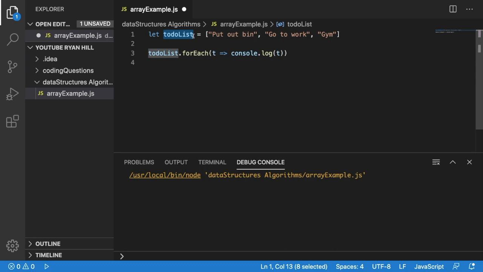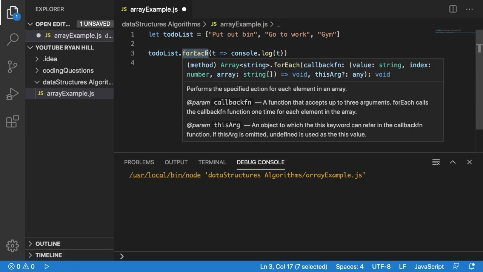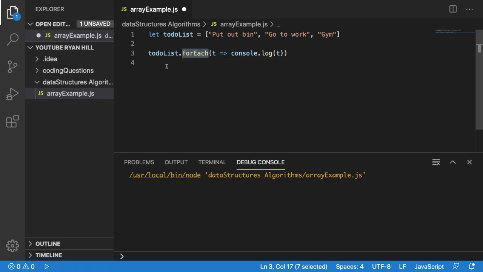gym. So if I want to print out all these different items, I need to loop through them. So I'm using a forEach method. forEach is a built-in method to all array objects in JavaScript. If I run this, we'll see put the bin out, go to work, and gym displayed in order. We can see they're displayed in the same order